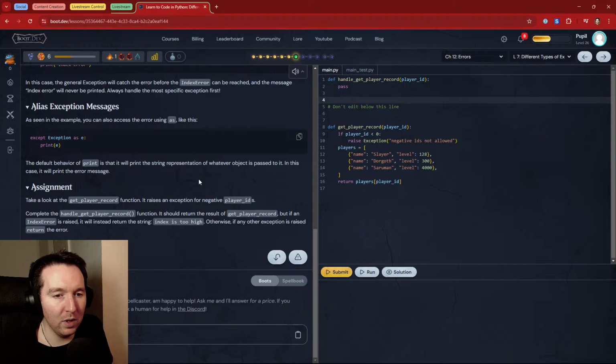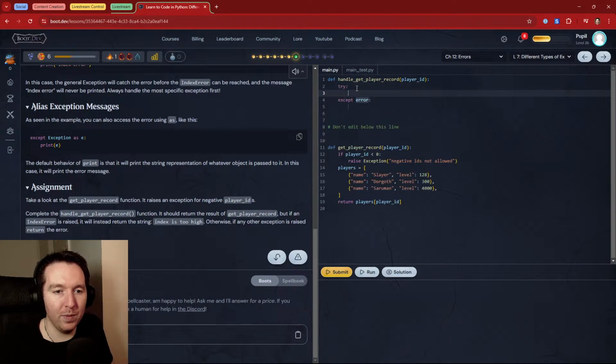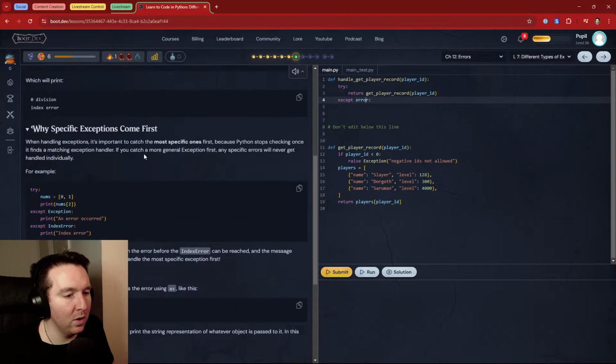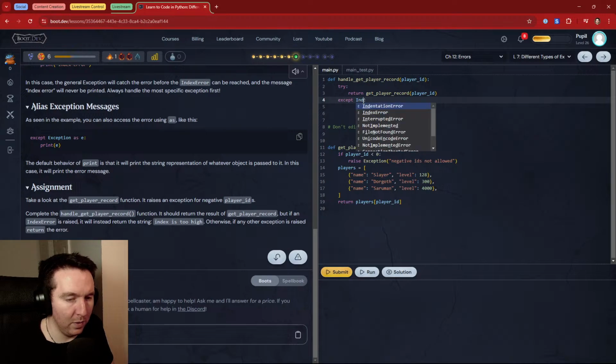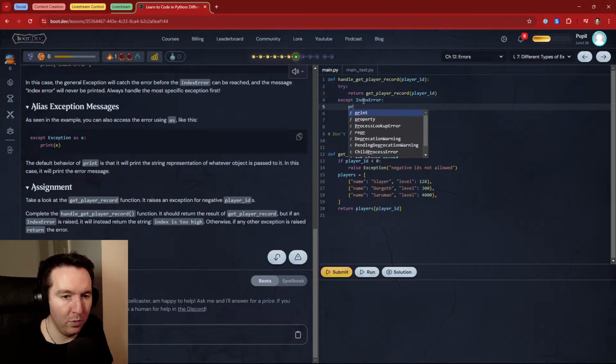Complete the handle player function. It should return the result of get player record, but if an index error is raised, it will instead return error. So try get player record with player ID. Then return, and except IndexError, and print